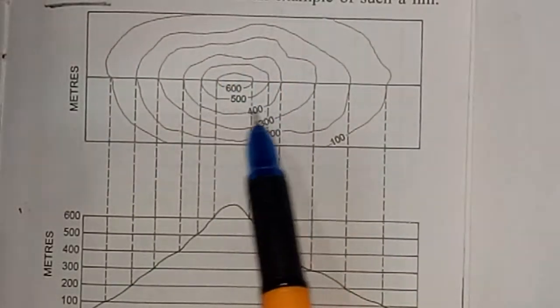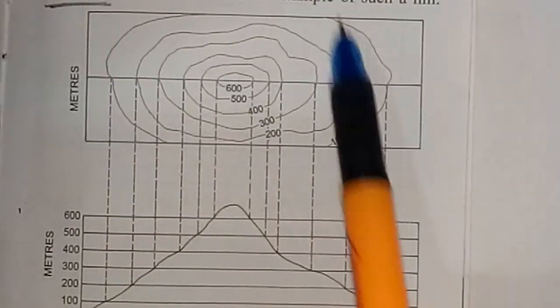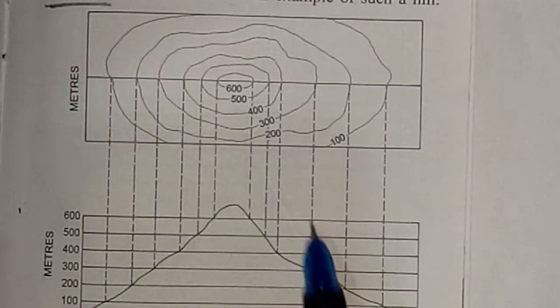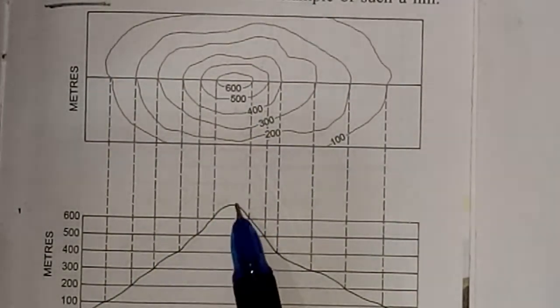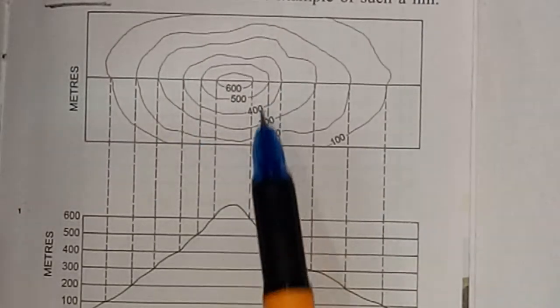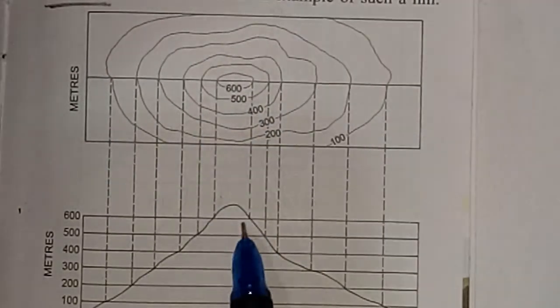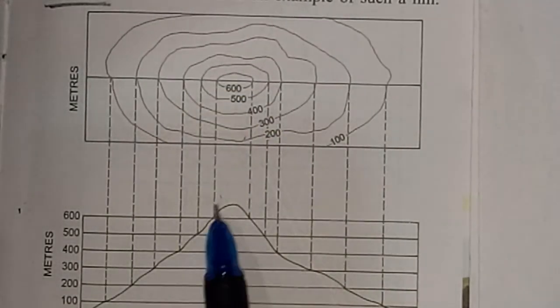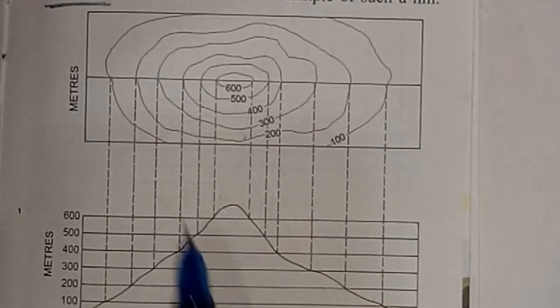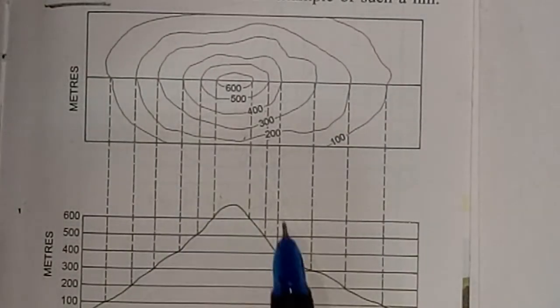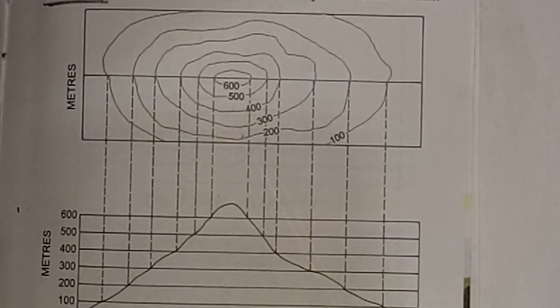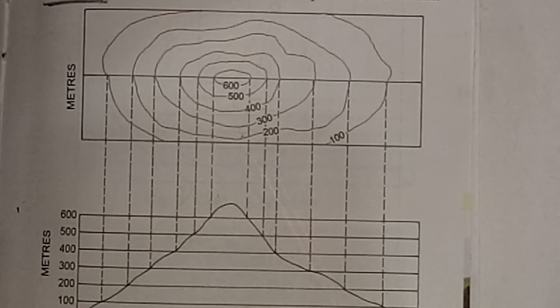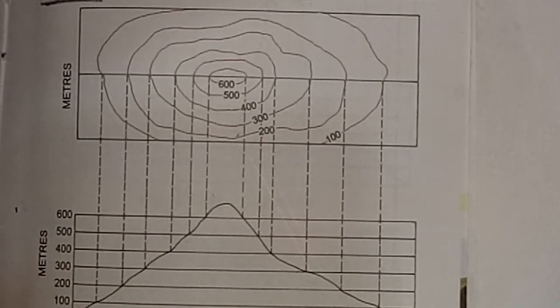This is our imaginary line. This is the contour. Our mountain is here only. This hill is here, and this space is the same height, here the 600, here is the 600. It is making a conical hill. Look here, almost circular in shape, and the space between the contours is uniform. So that is a conical hill.